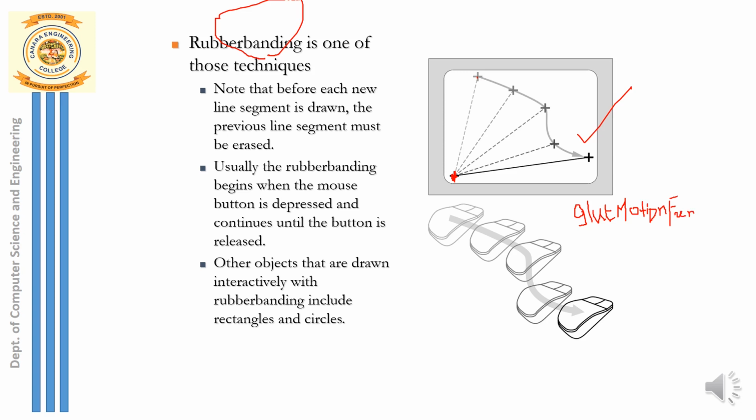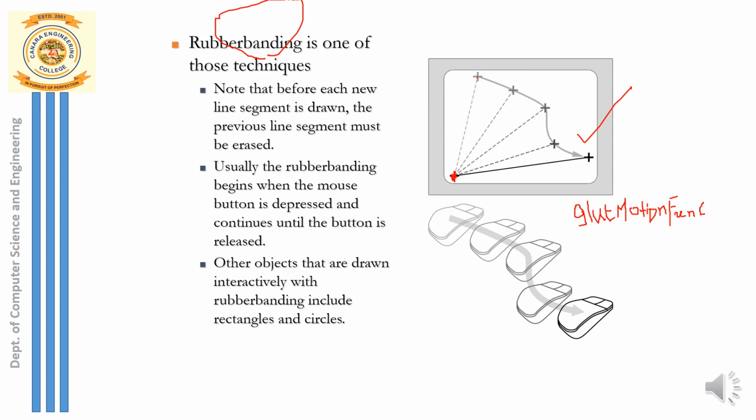A mouse is used as an input device to do this, but the position it returns first is the first position. When you call glutMotionFunc, the first position where you have clicked, the XY position, is written, but all the positions wherever you move the mouse are equally important for us. It's not just the last position where you release, but all these positions wherever you have moved the mouse are equally important. In order to return all these positions, I require this glutMotionFunc.